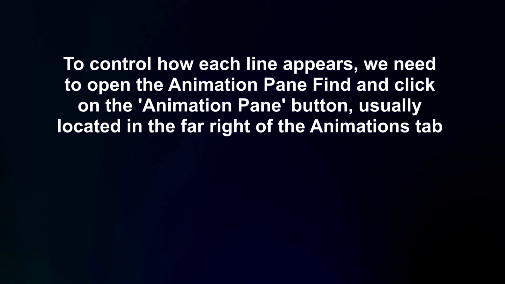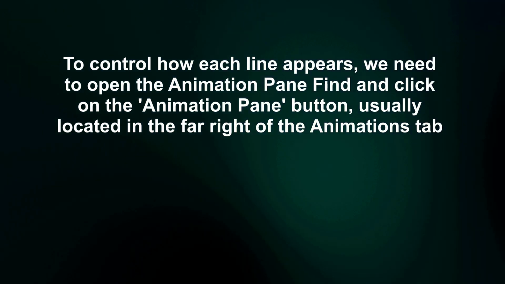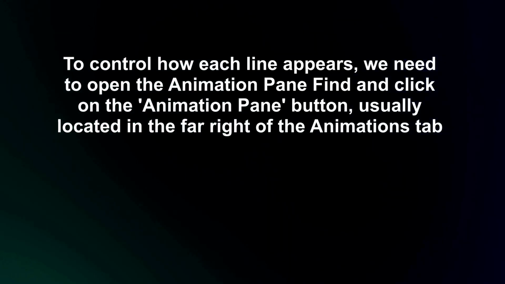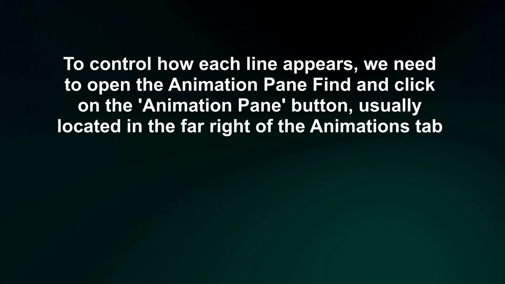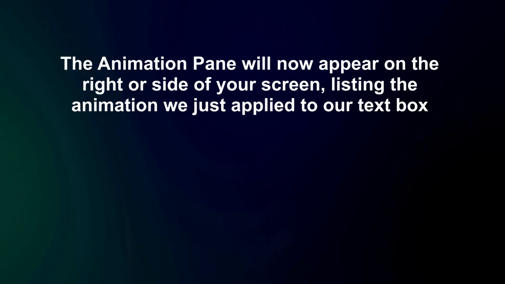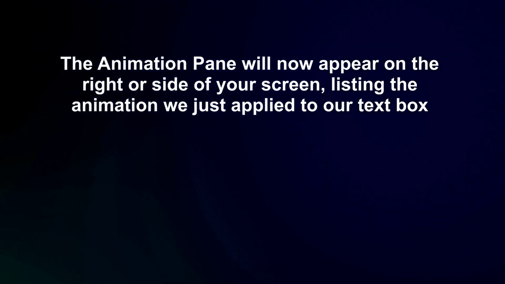To control how each line appears, we need to open the Animation pane. Find and click on the Animation pane button, usually located in the far right of the Animations tab. The Animation pane will now appear on the right side of your screen, listing the animation we just applied